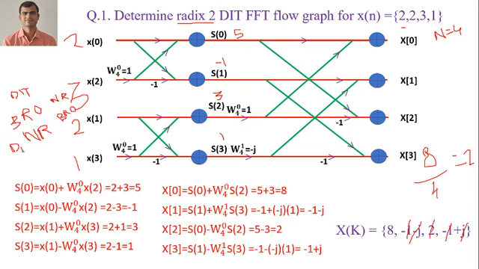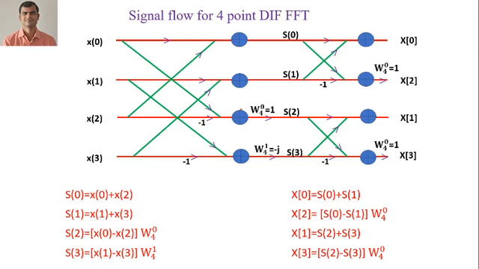Now the second difference is what? The addition is taking place after the Twiddle factor exponent in DIF. For DIT, the addition is taking place before the Twiddle factor exponent, and for DIF the addition is taking place after the Twiddle factor exponent, after the multiplication by the Twiddle factor exponents. So here the addition is taking place before the Twiddle factor exponent, and now for DIF,